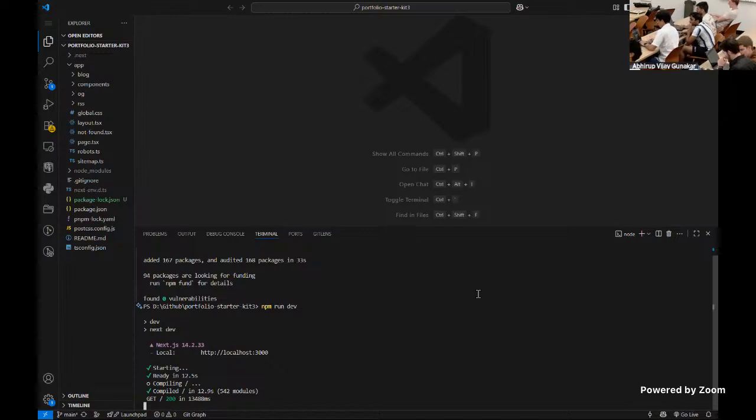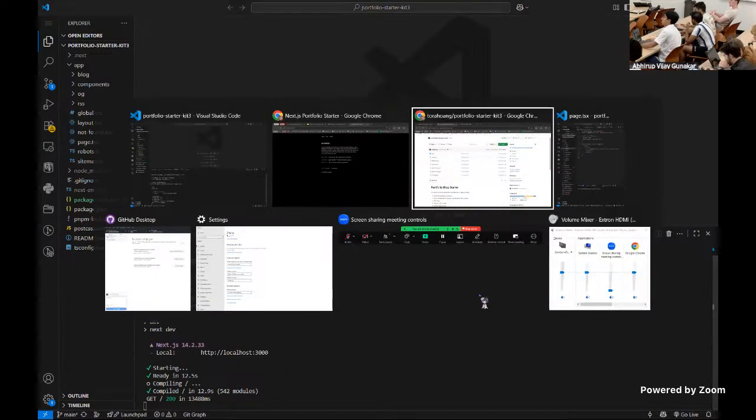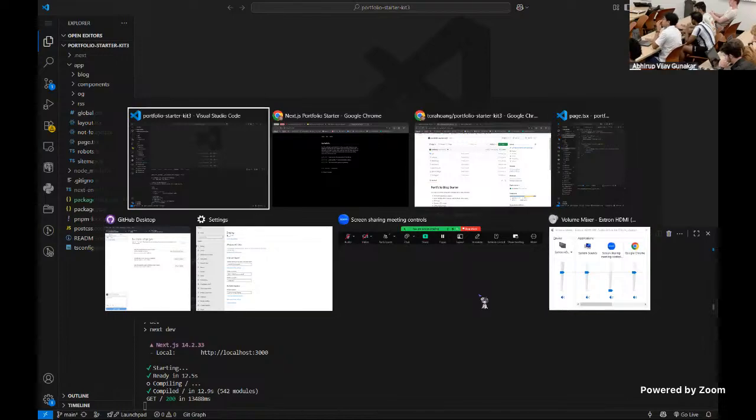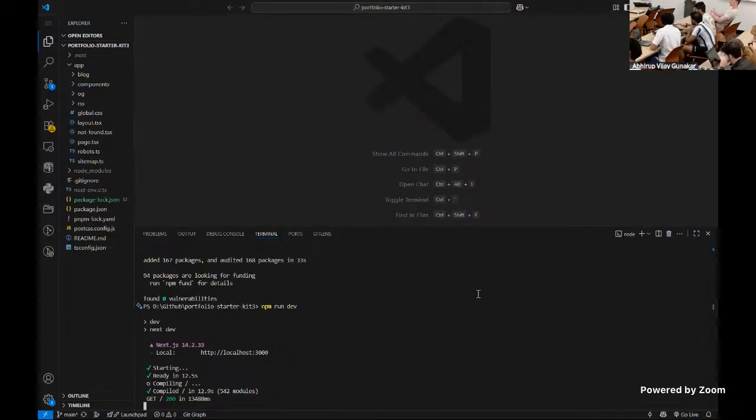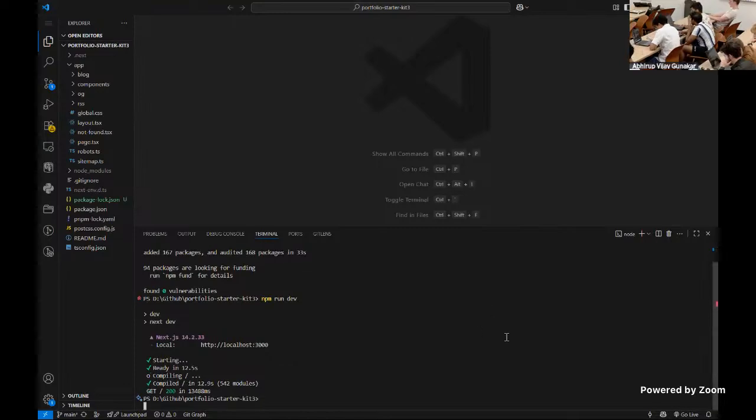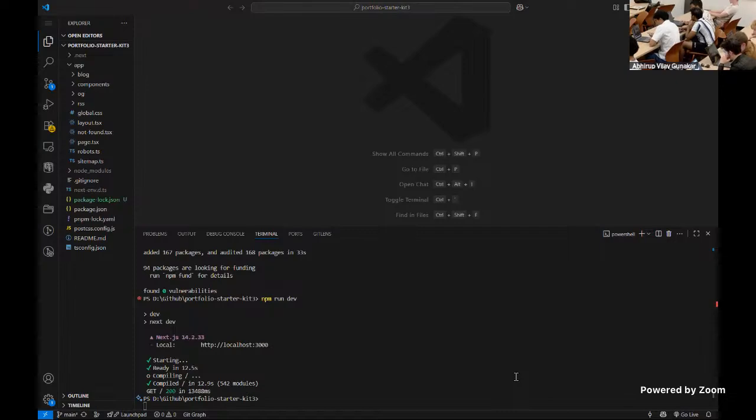Has anyone not reached this phase? npm run dev, running it on your local network. Okay, let's continue from here then. Once it's running, you can press Control C to cancel it. And now we will officially start